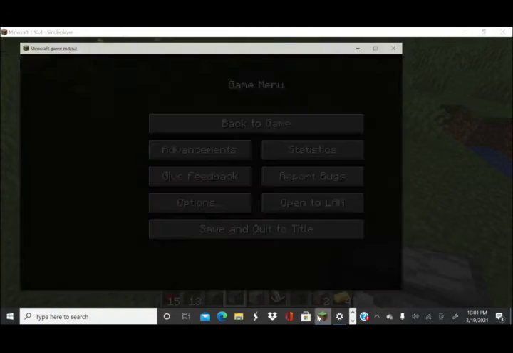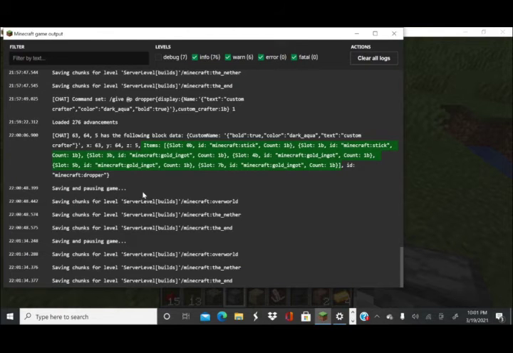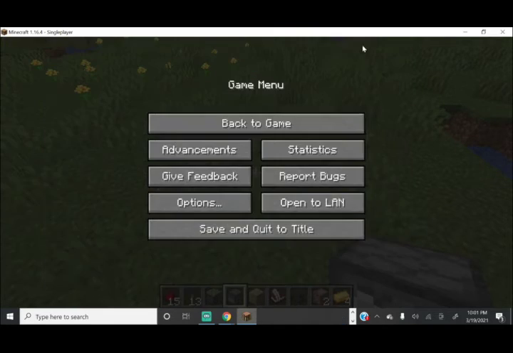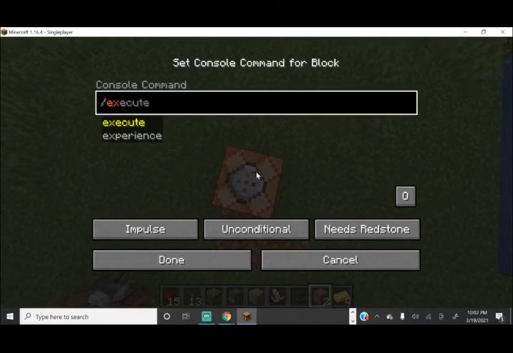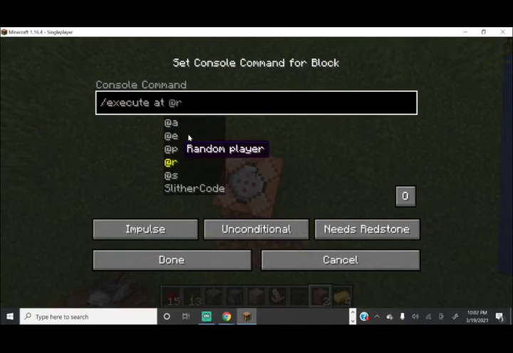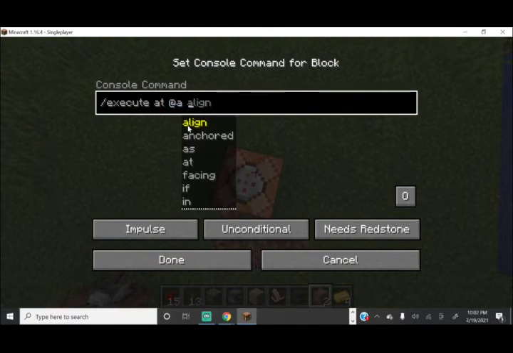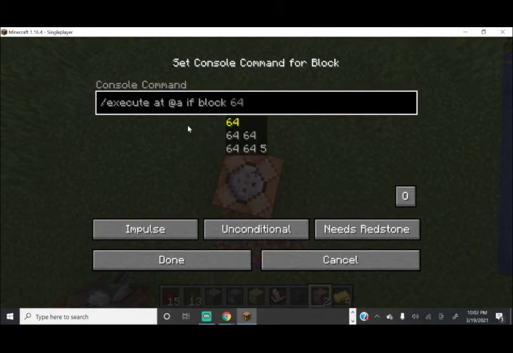And I could grab my item from here. Don't really care about the ID, I'll just copy this over and then slash execute at